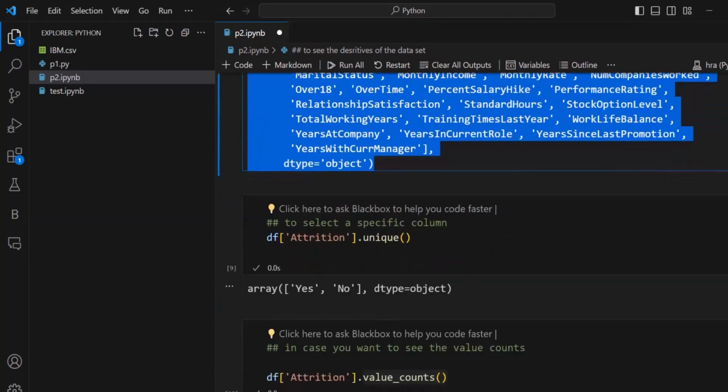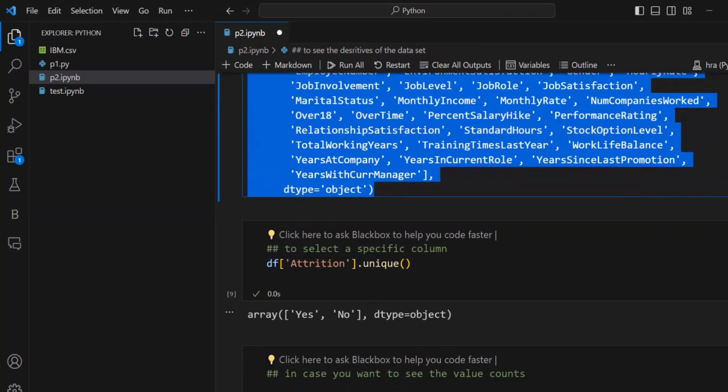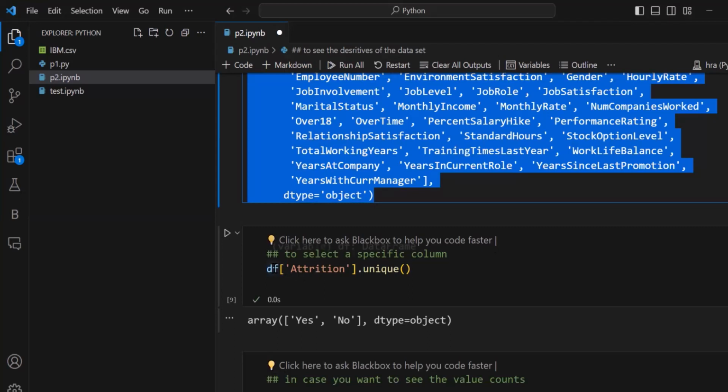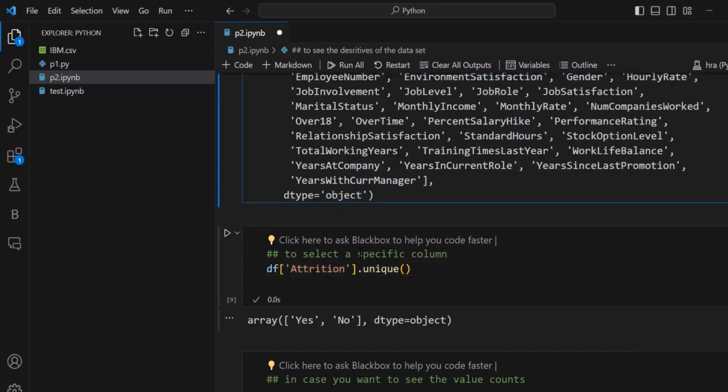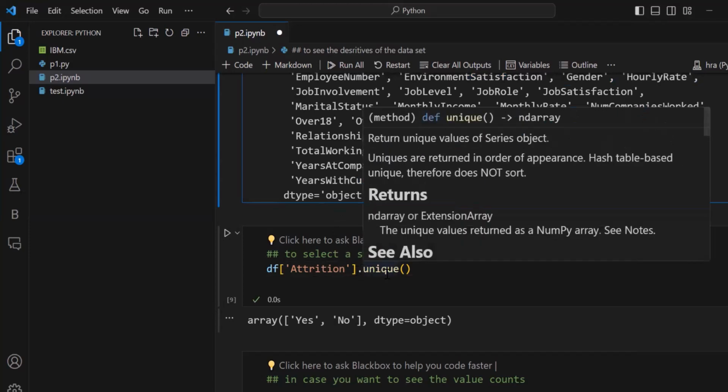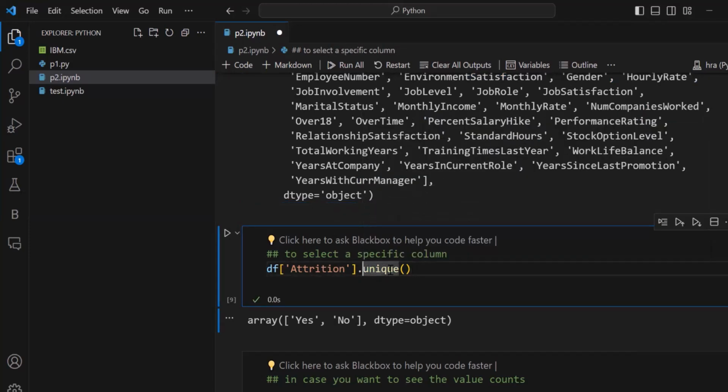And the second command is if you want to actually see a particular variable, उसके लिए हम स्क्वायर ब्रैकेट यूज करते हैं. df के बाद हम स्क्वायर ब्रैकेट लगाएंगे. स्क्वायर ब्रैकेट हम यूज करते हैं for a specific variable from our total list. इसमें मैं एट्रिशन ले रहा हूँ, you can take any variable. और उसके बाद dot unique का मैं function apply कर रहा हूँ. Again, dot के बाद हम कॉल कर रहे होते हैं मेथड को या फंक्शन को, तो हमने unique का फंक्शन इसलिए देखा, असल में हम देखना चाह रहे हैं कि इस एट्रिशन के वेरिएबल की array क्या है, इसकी arrangements क्या हैं. So again this data type is object, और इसमें yes और no में डाटा कलेक्ट किया गया है. Again this is non-numerical data. So by applying this line of code you actually see